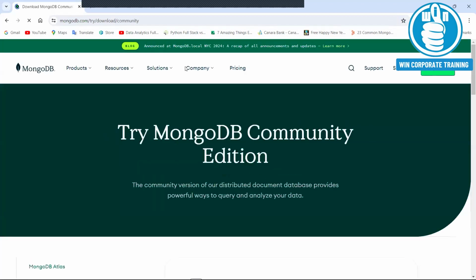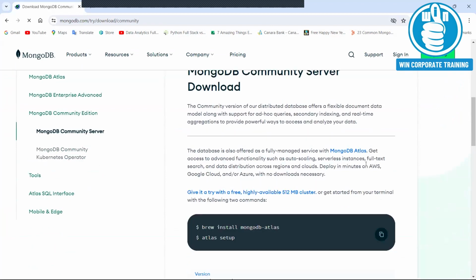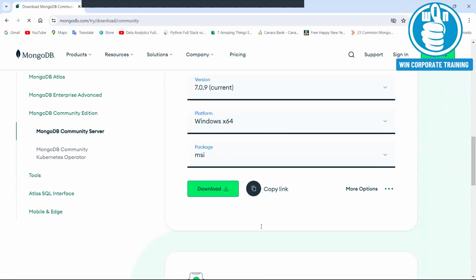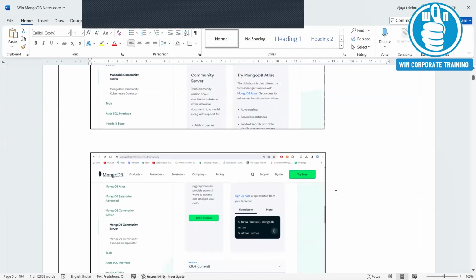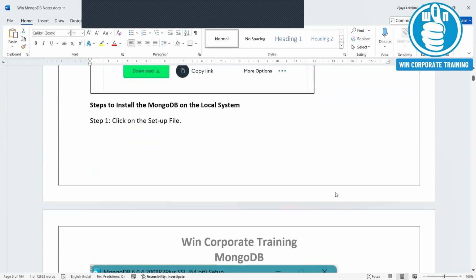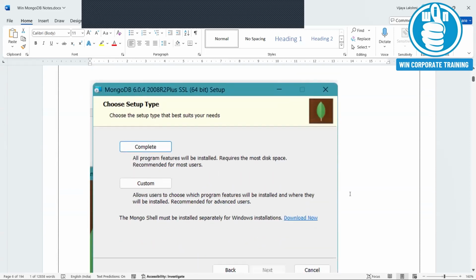So it will take you to the download page. In the download page, we should go for the community server download. Scroll down. Here you will find the option called download. Just click on the download option. So the software will be downloaded into a proper folder. Later, you just have to open the software. After successful downloading, you can just click on the setup file and follow the instructions,